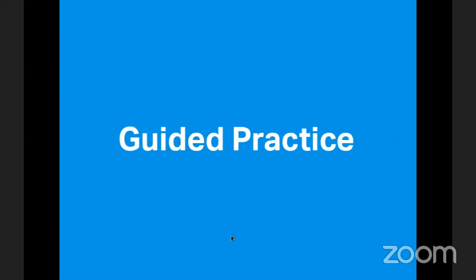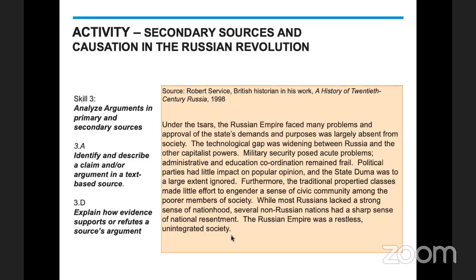Next slide. Okay, so I wanted to take a step back for a second. In the homework that we're going to give you today, we are going to talk about a secondary source interpretation. I've come up with quite a pretty simple one. The skill is really analyzing arguments in primary and secondary sources. This is a secondary source. And I'd like to do a couple of different skills. First of all, identifying the claim in the argument. So what is the argument that the author of the document is making?